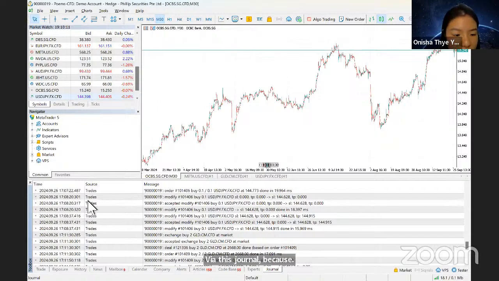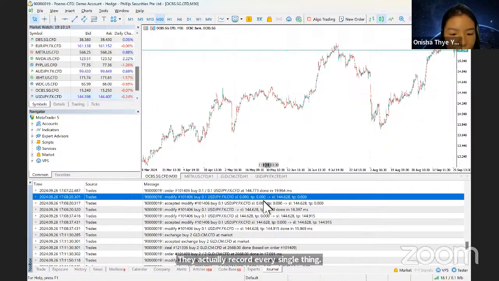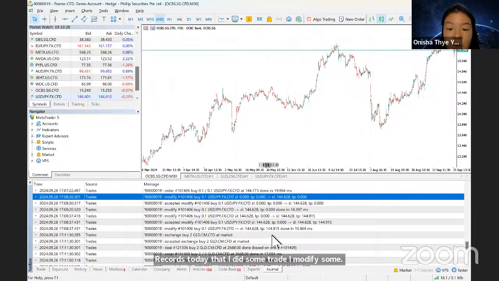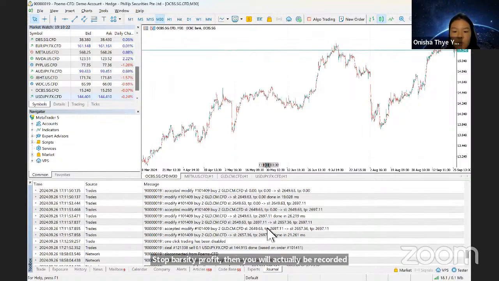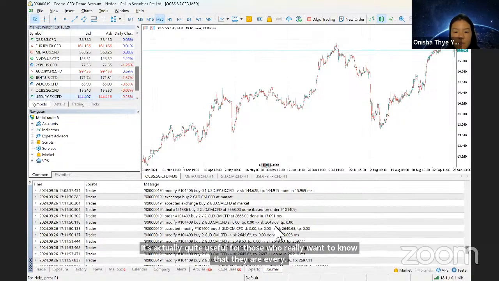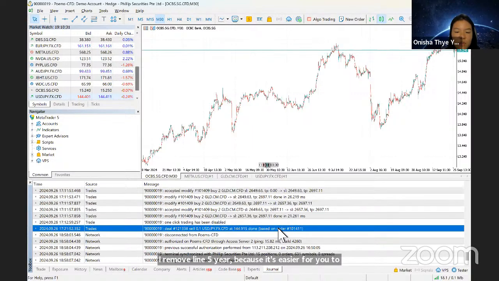So for example, this one records that today I did some trade or I modified some stop loss or take profit, then it will be recorded also. So it's quite useful for those who really want to know every move in MT5, because it's easier for you to trace back also. Okay, so this is the journal part.